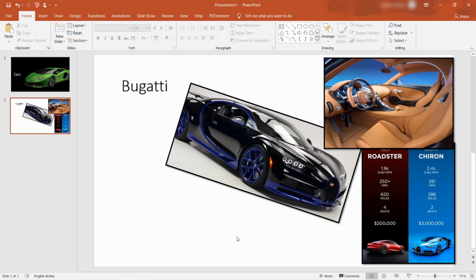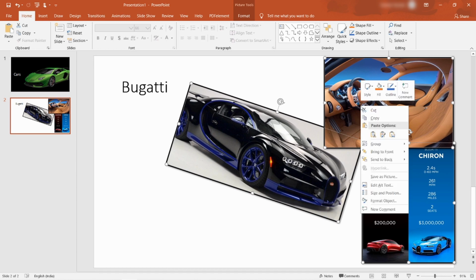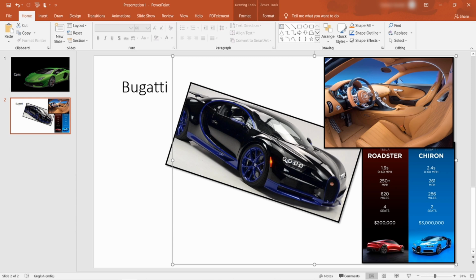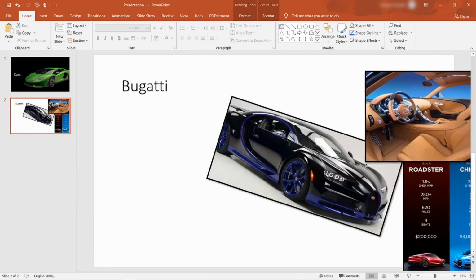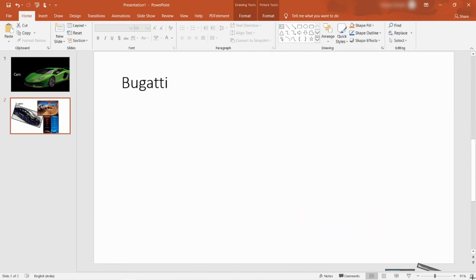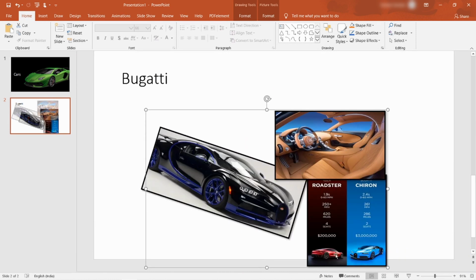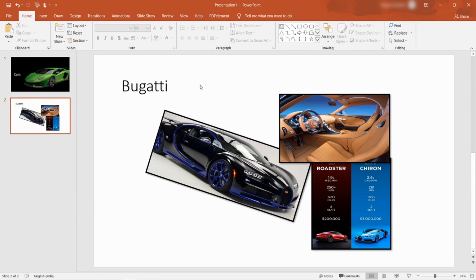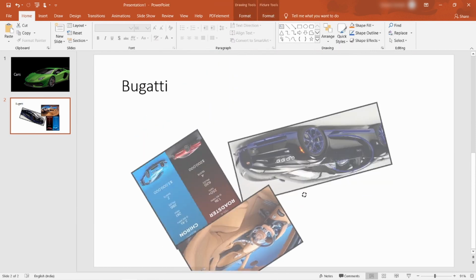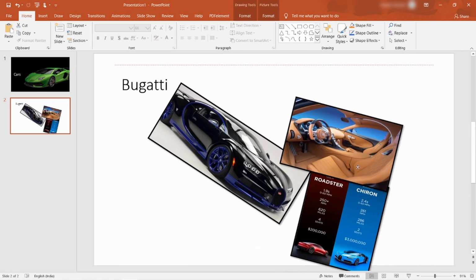So there is one more thing you can do. You can group all three photos like this. So you can again press shift and then select these, then right click and there will be an option of grouping. So you can go to group and it will group the pictures. Now you can change the size and move it as you wish, all of them together like this, and even change the size. Can also rotate it like this or like this.